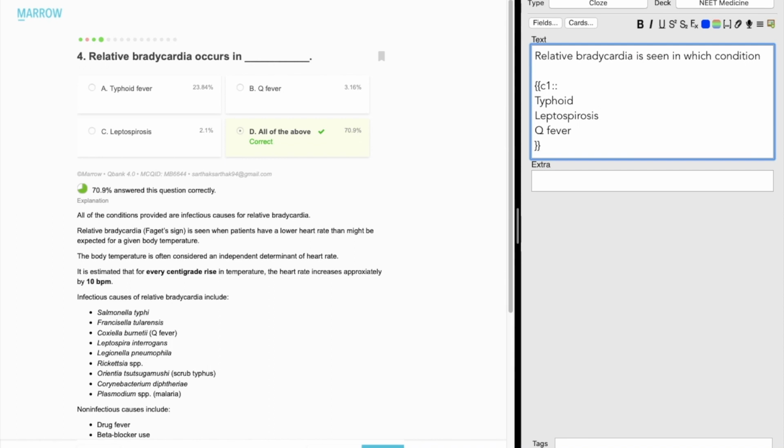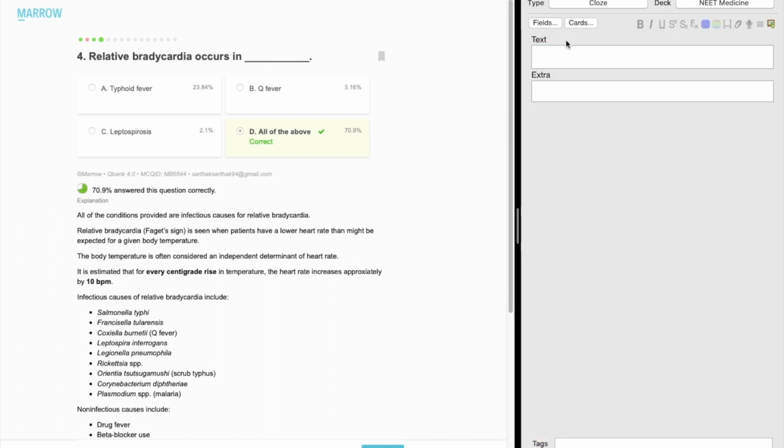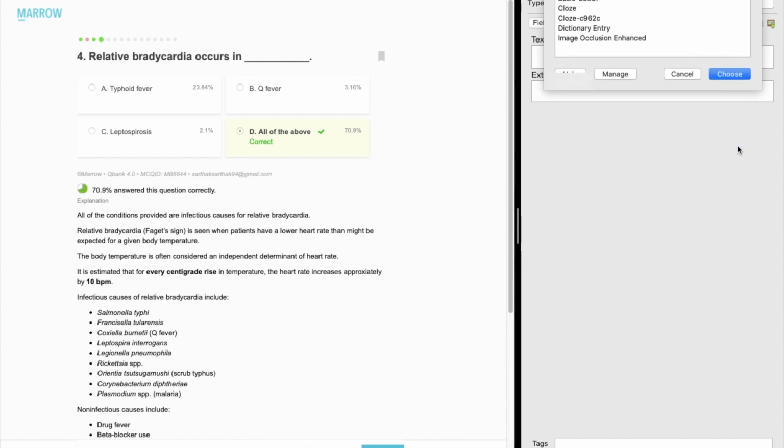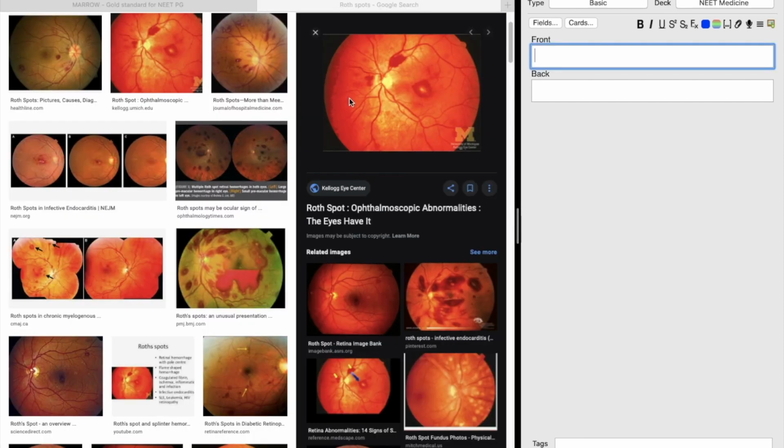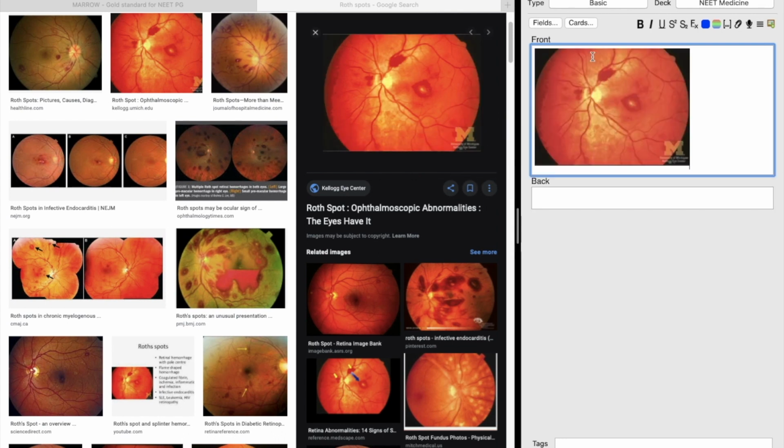And click on that. Now, instead of writing a text, you can also choose an image and question yourself on your image also. Like here I have the image of a Roth spot. I'll simply take a screenshot of it and paste it.